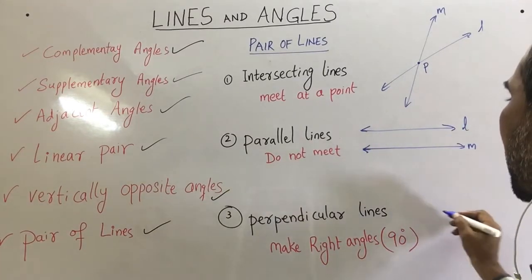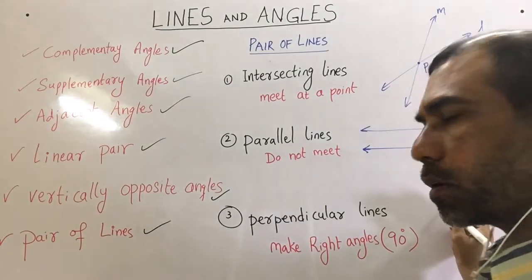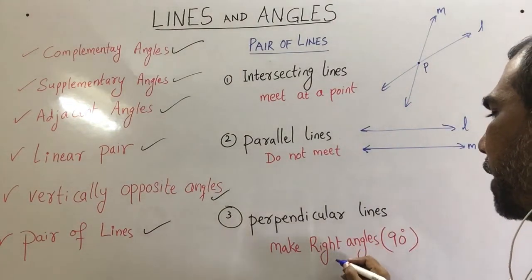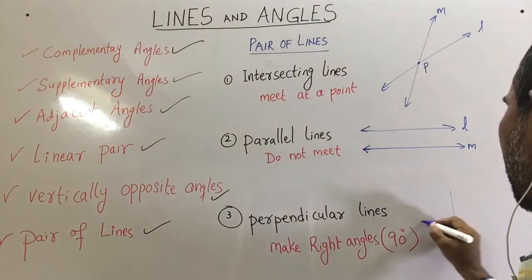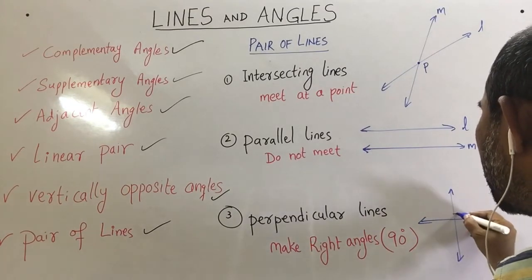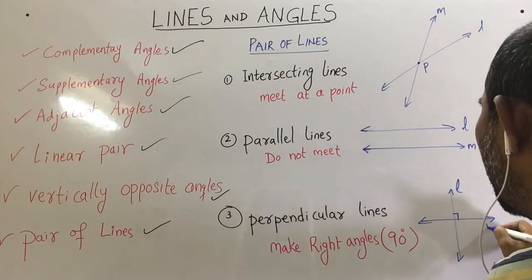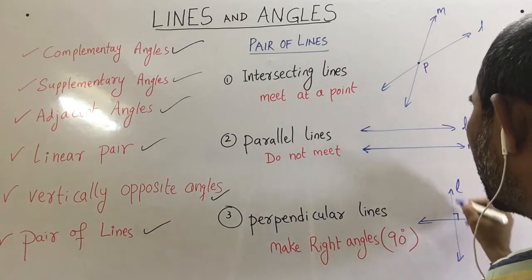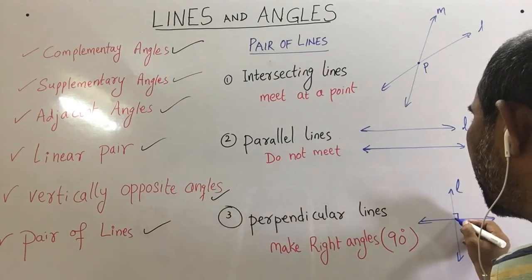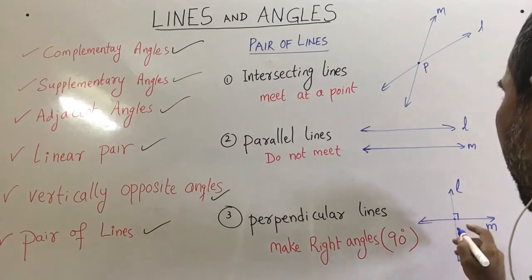And if two lines are intersecting at right angles, then they are said to be perpendicular lines. You can see here, L and M are intersecting vertically at some point, meeting at right angles, so they are called